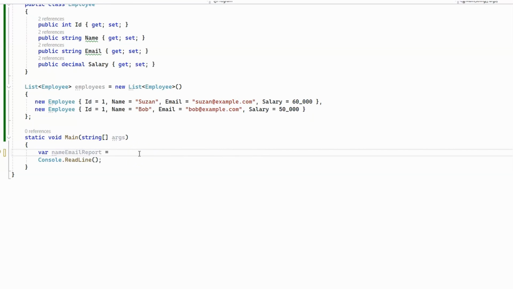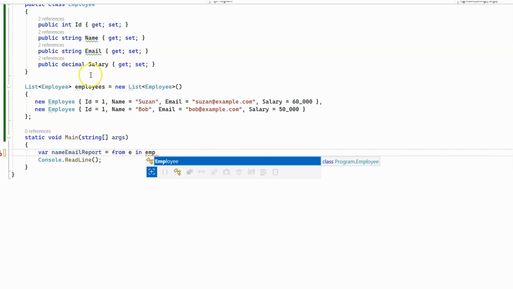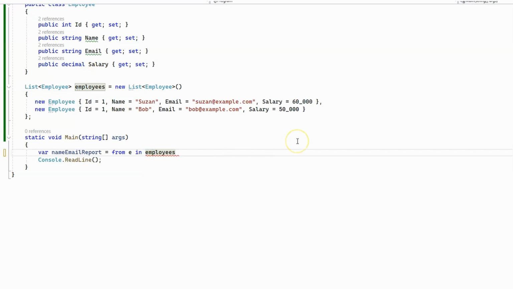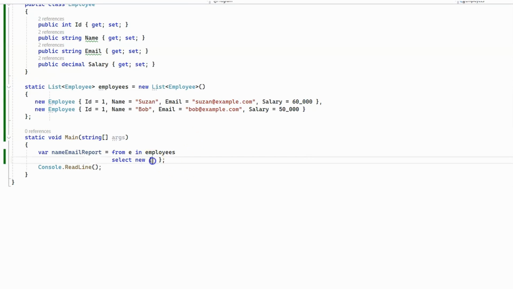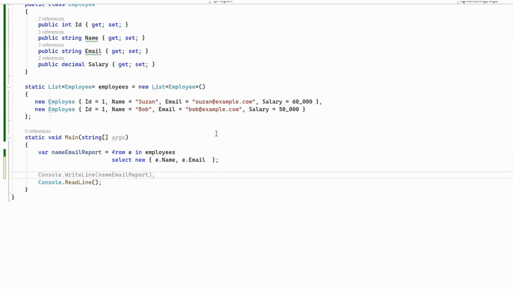From e in employees, we can select new, and we're going to create our anonymous object. And we're going to get the name and the email,